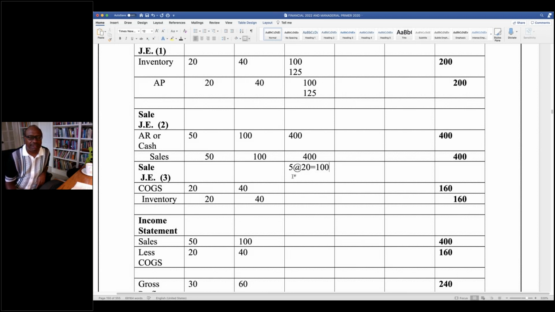Then we're going to sell 3 more, right? At what? What did they cost you? 25. So that's going to equal 75. And if we add them all up,